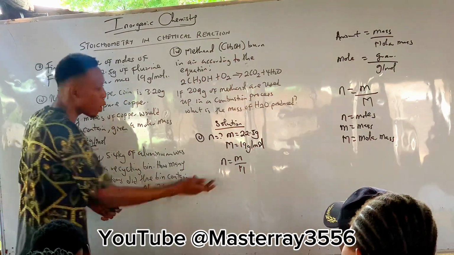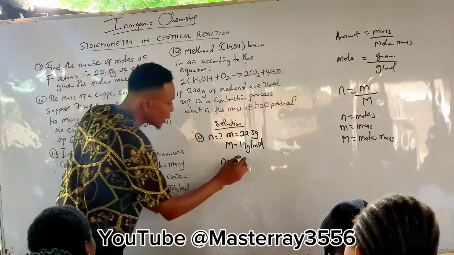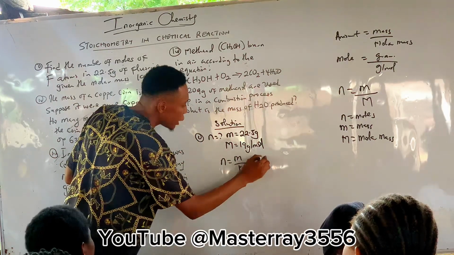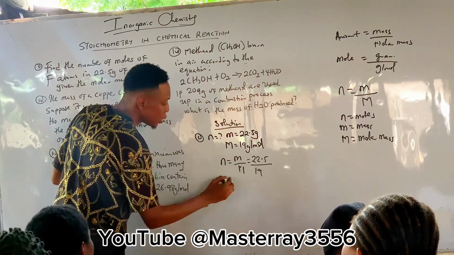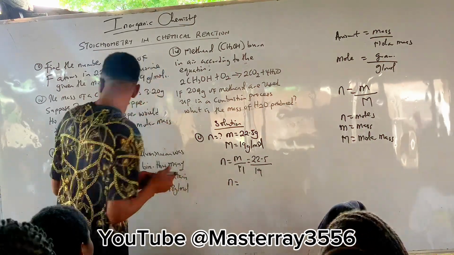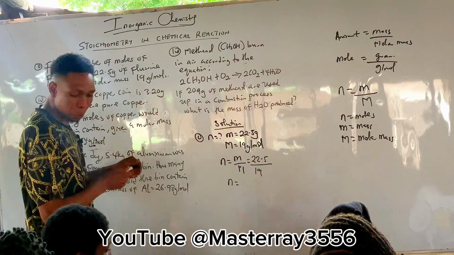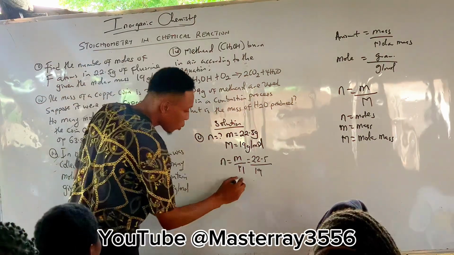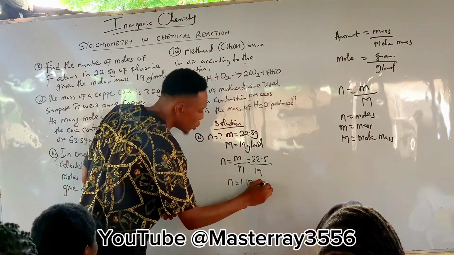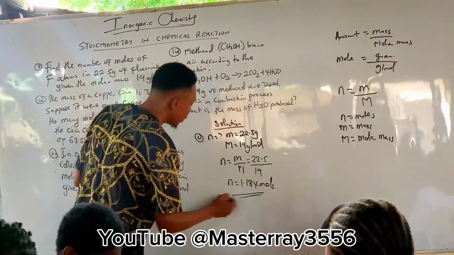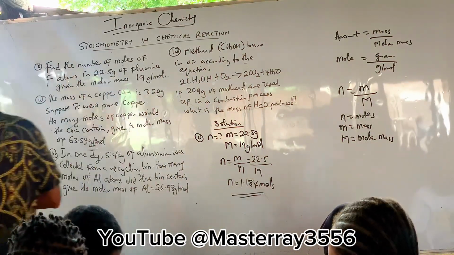So this time around, what's our mass? Our mass is 22.5, all over the molar mass, 19. So our n will be equal to 22.5 divided by 19, which is 1.184 moles. So that's for that. So the next one,